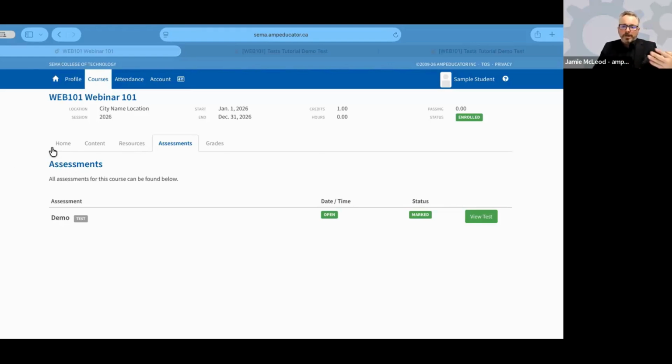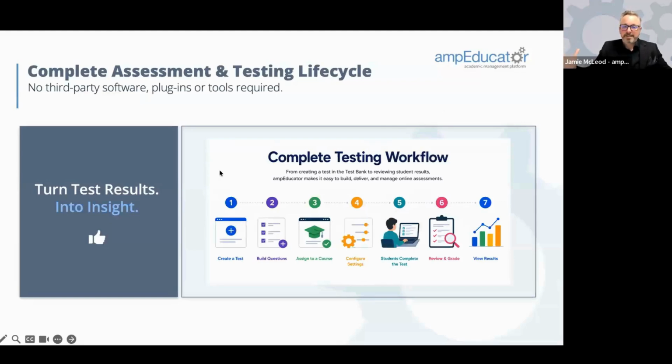The gradebook and the grading and the student information management and the learning management system all integrated together gives you a high degree of control, or it can be very basic in its application, I guess is my point. So it's about the complete assessment and testing lifecycle. I mean, this is the point of our webinar, which is